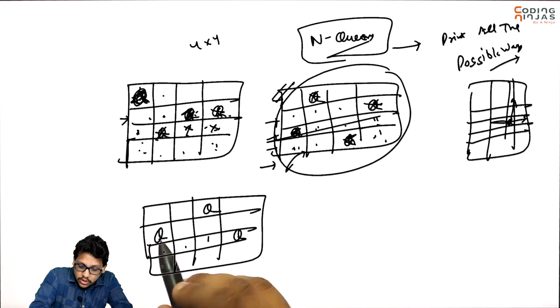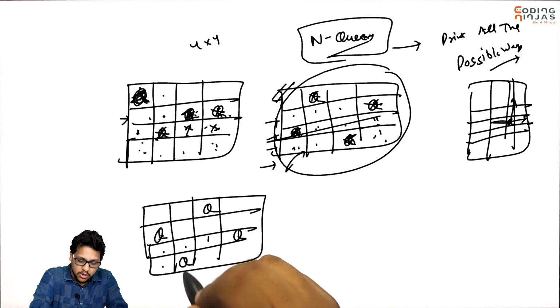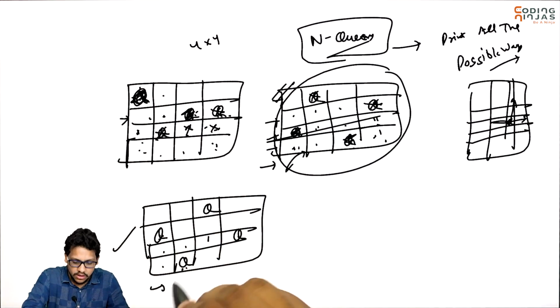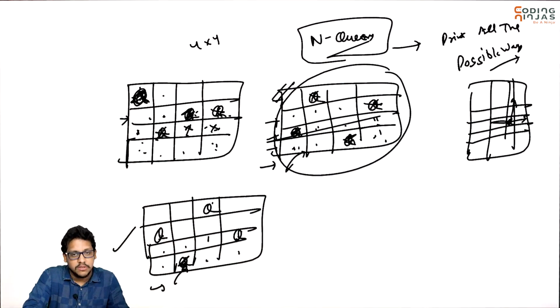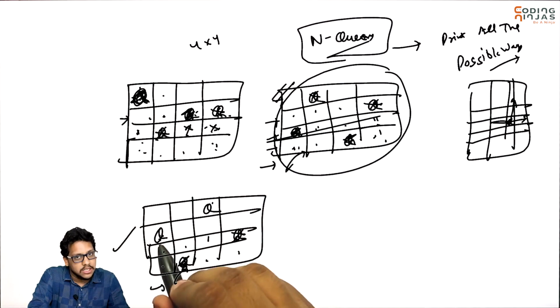Then you will come to this. No, you cannot place here because this will cut. Can you place here? Yes, you can place here. This is another way, because when you go to the next row, you have crossed the number of rows. You have explored all of these paths. Now you will go back. This has been done. You will try to place here, you cannot place here because this will cut, and this will cut. You cannot place here because this will cut. You will go back. This has been explored. This is done. Now this path has been explored.